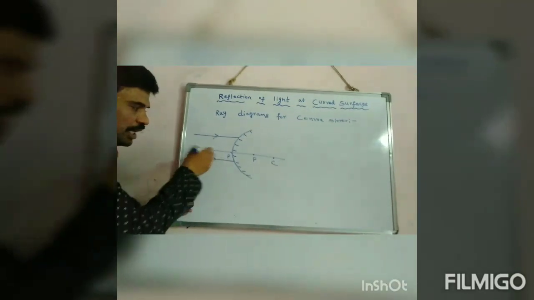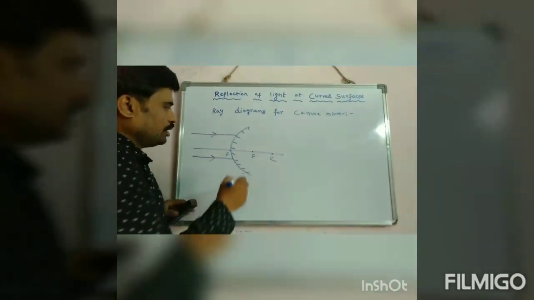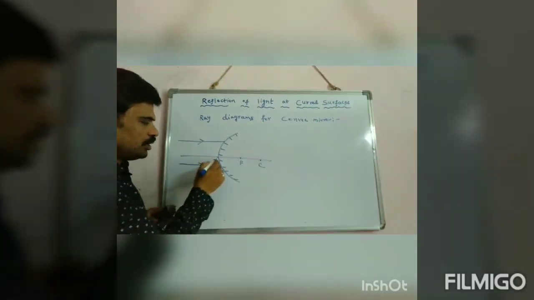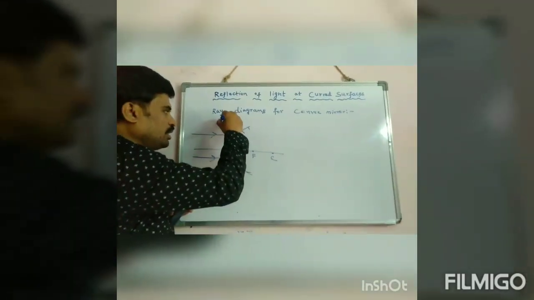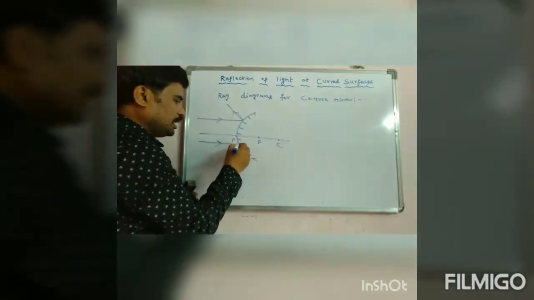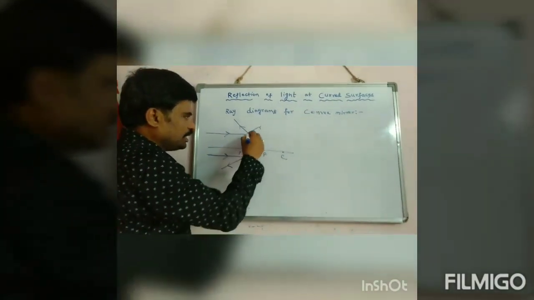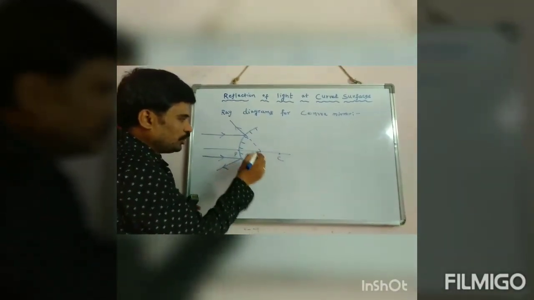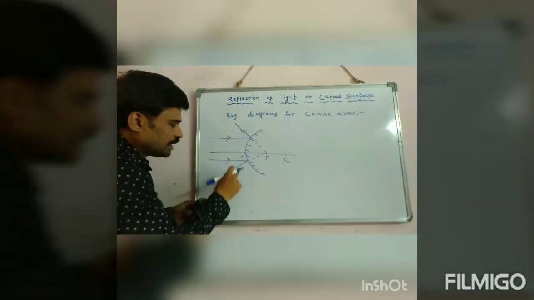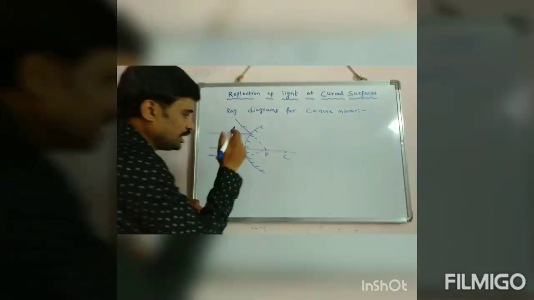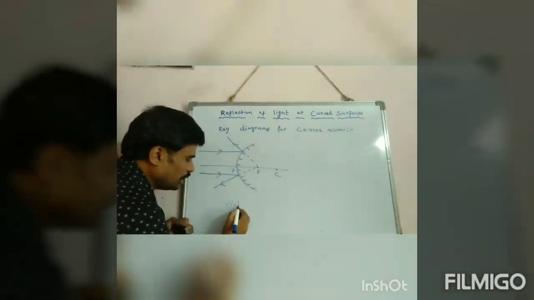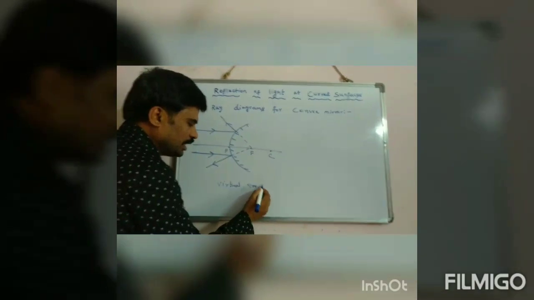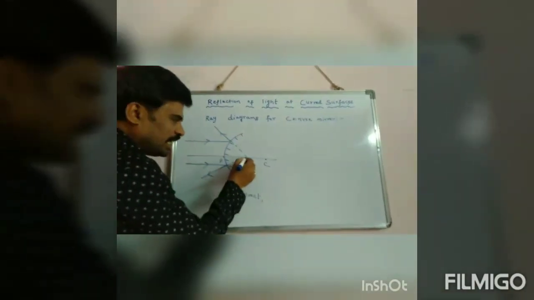Here, the rays are coming parallel to the principal axis. Then, how will the rays be? Just now I said the rule. If any ray is passing parallel to the principal axis, then it will reflect back in such a way that they appear to be coming from focus. So, here the reflected rays are diverging. Hence, I can say the image is virtual. And already I said virtual is always erect and it is highly diminished.